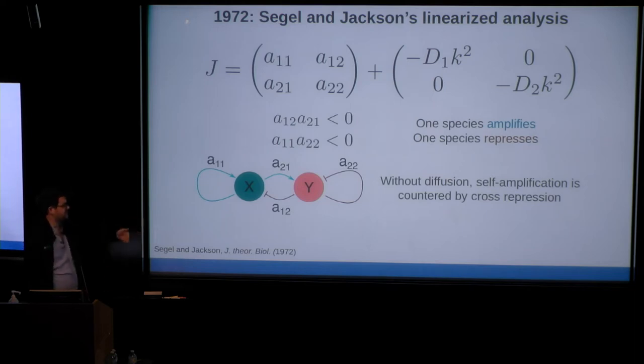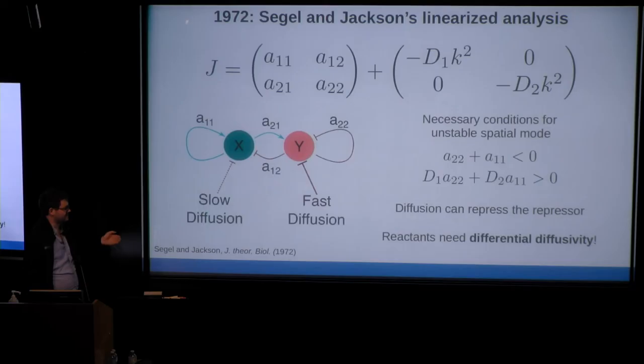So going to this paradoxical diffusion-driven instability, the necessary conditions become what we have over here. Effectively, the trace of the Jacobian, when k is equal to 0, has to be negative, so truly stable in that sense. But if the bottom condition holds, then this is the necessary condition for there to be